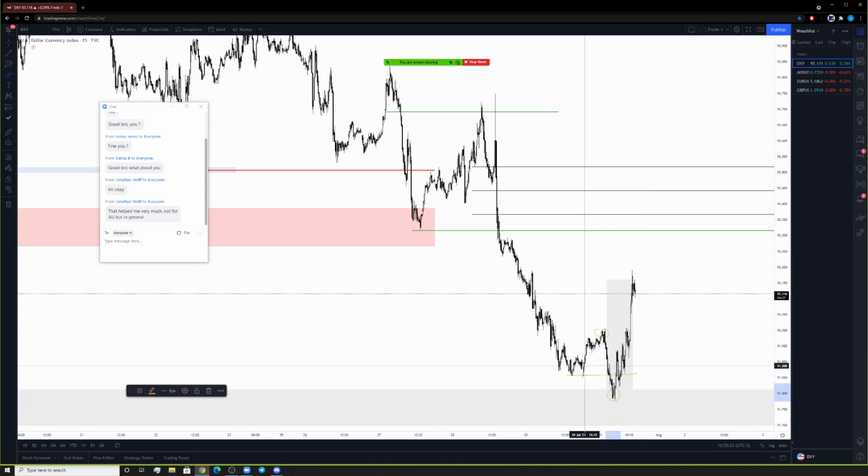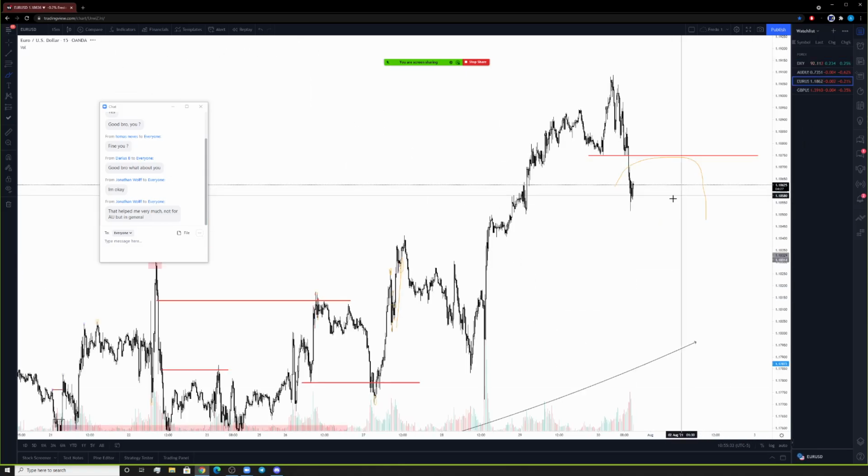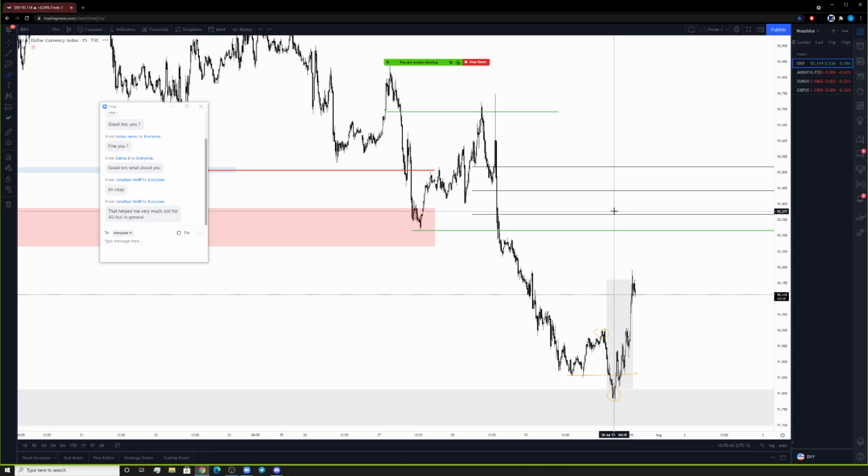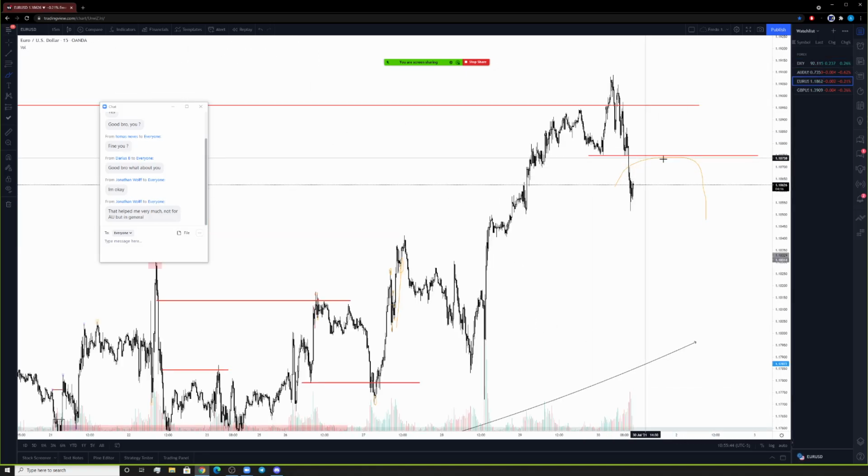Solidified low was taken out, break of structure, then caused a liquidity grab. We need a strong reaction here. We need a reason there to justify a continuation to the downside. Same thing here. You need a justification, whether it's down here, for it to continue higher. But for the meantime, you are technically bearish in terms of intraday.